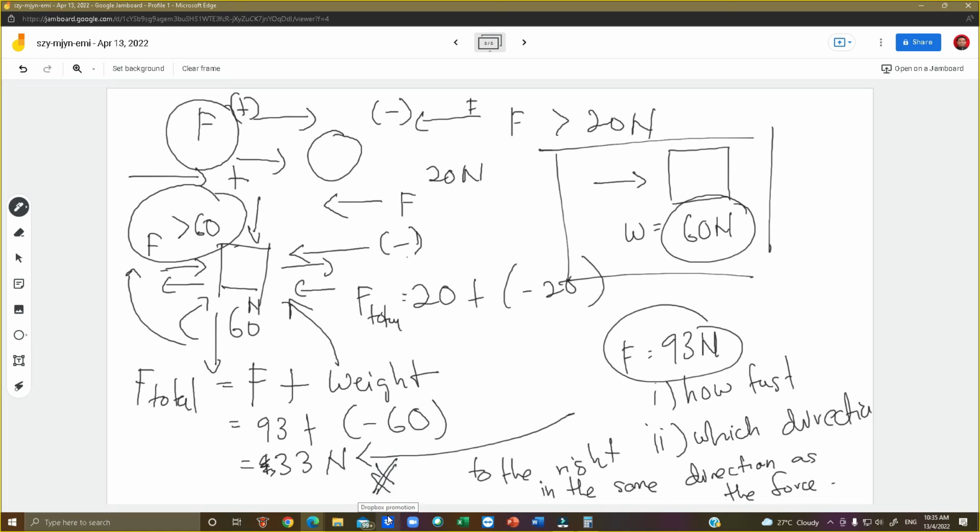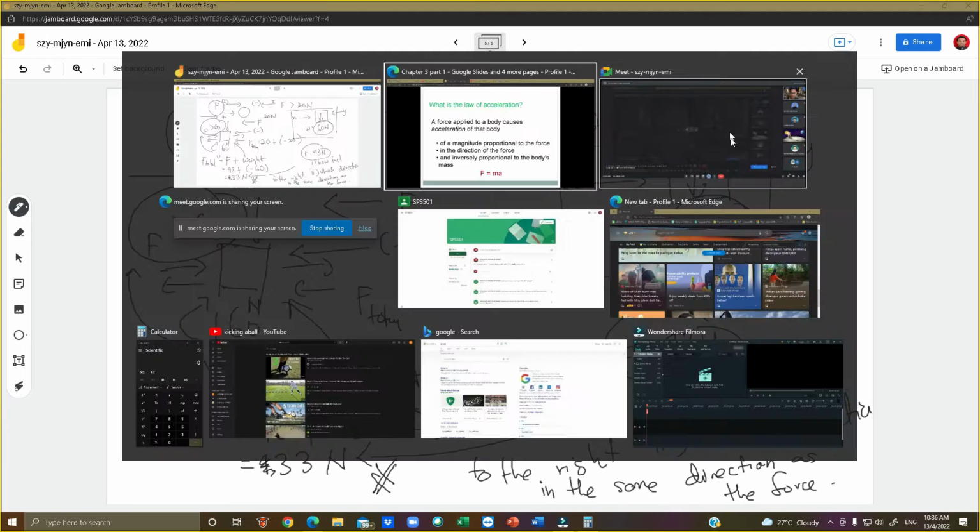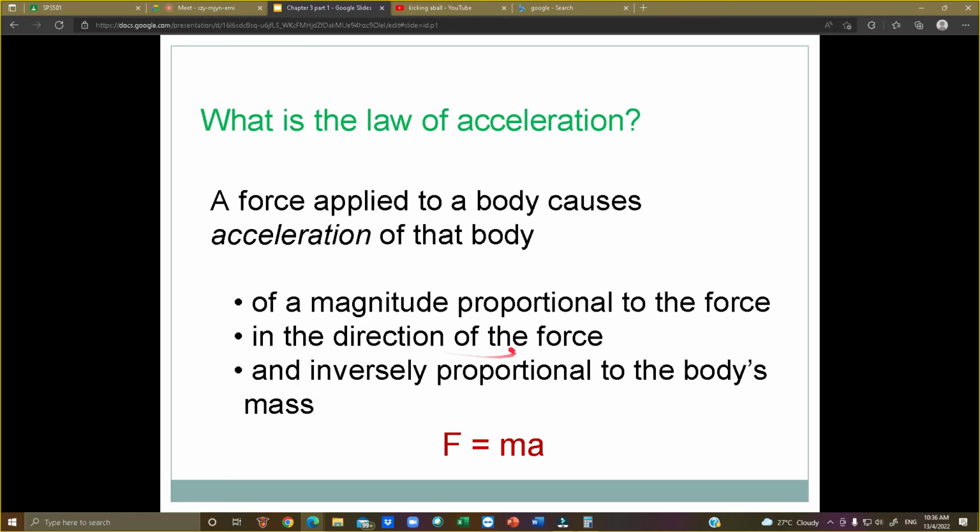Ataupun the threshold. Kita kena tengok. Okay, kadang-kadang dia tak sebut pun force friction. Dia sebut weight. So orang faham weight bergerak macam ni. Yes, it's true. But when we push things from an angle, from a direction, the weight is going to counter the force, and that is inversely proportional to the body mass. Kalau kita tolak ke atas, weight tu ke bawah. Kalau kita tolak ke bawah, weight tu ke atas.